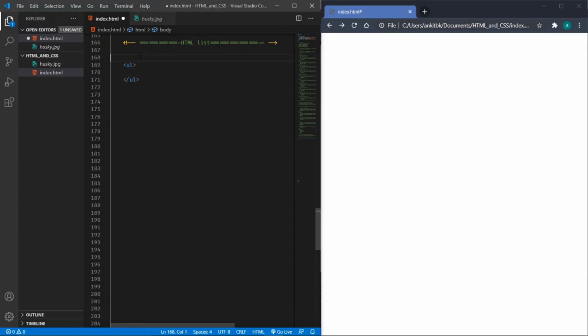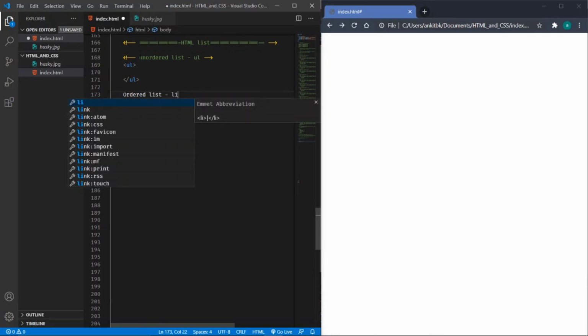Just to clear it out before going further, for the unordered list we have the UL tag, and for the ordered list we have the OL tag.